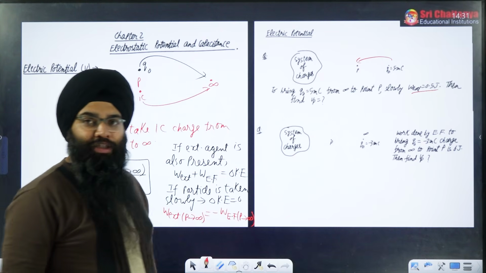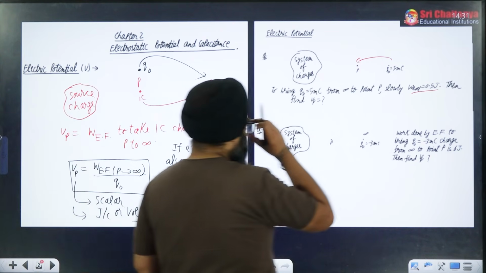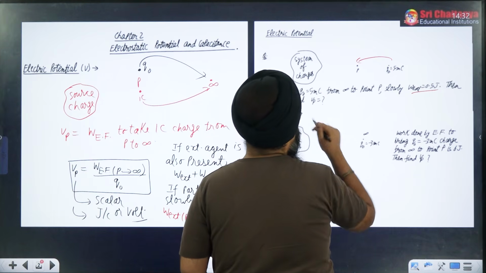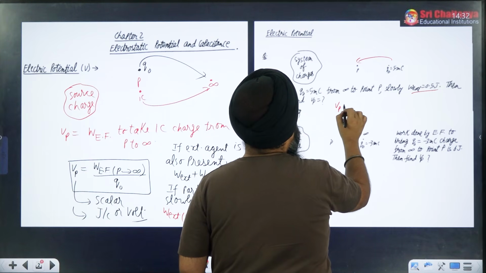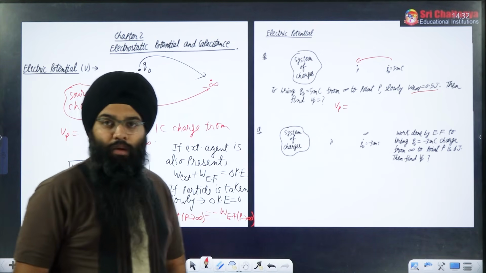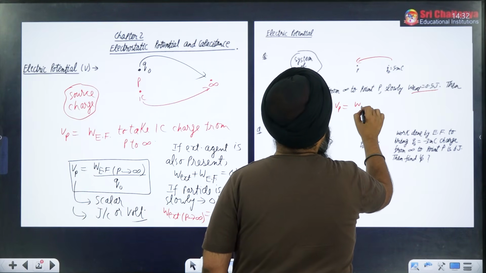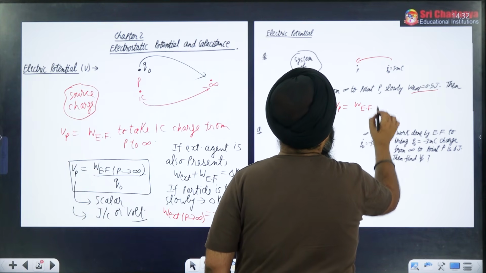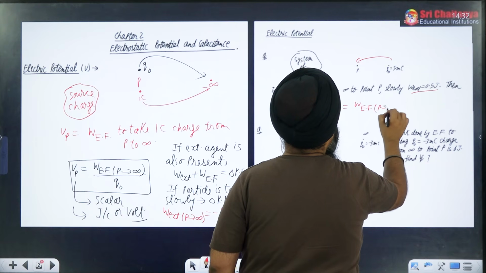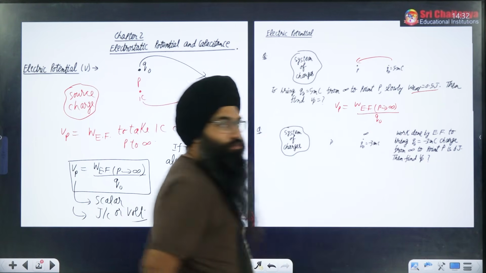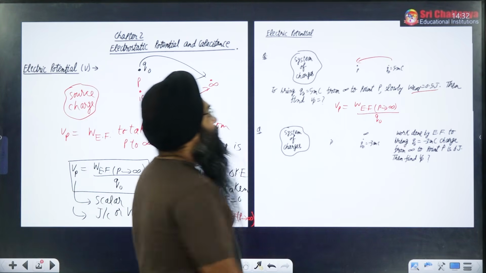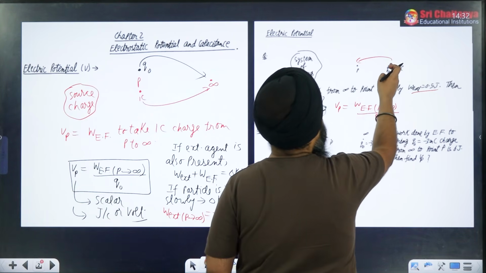So you have to find the potential at point P. So what I told, that potential at point P can be written as work done by electric field to bring the charge from P to infinity divided by the value of Q naught. Yes or no? But they have said that the work done by external agent to take the charge from infinity